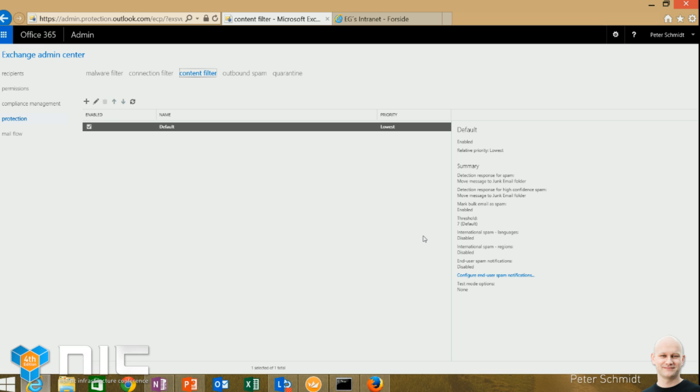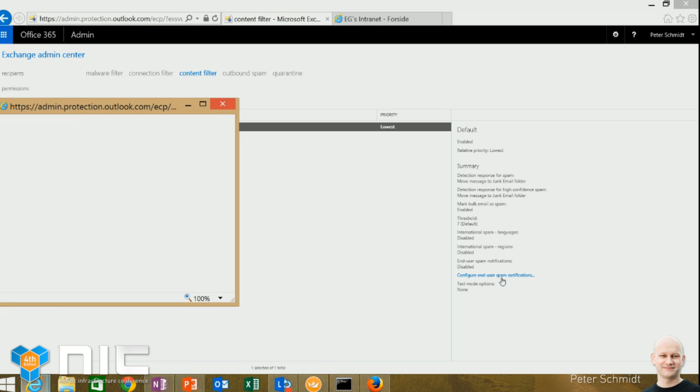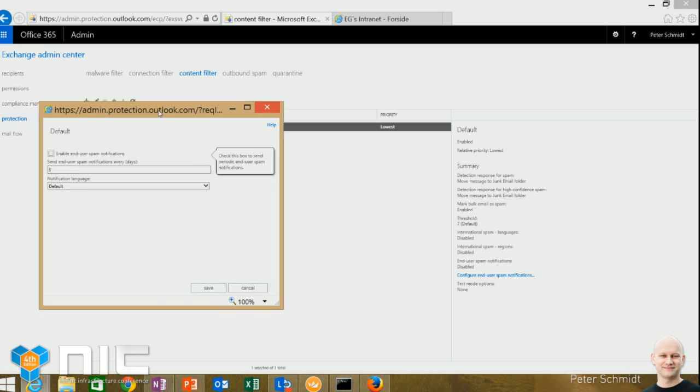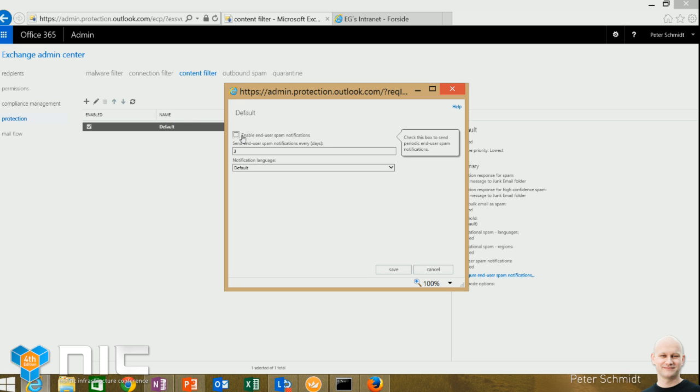If we want to start off with the end user report on what has actually been caught and quarantined for the individual end user, you go in to the content filter settings, and down here you will have the configure end user spam notification. If I enable this, the users will in the future get a report if mail destined for them has been caught in the quarantine.